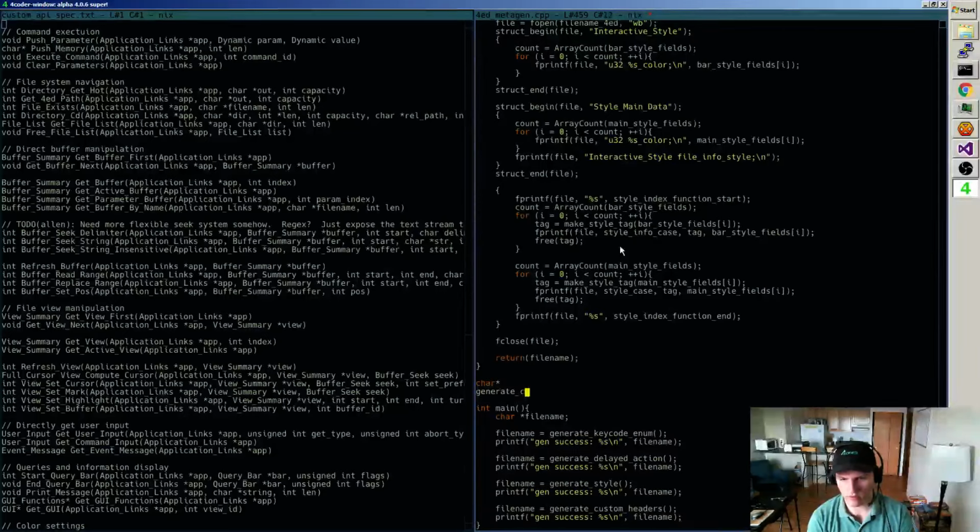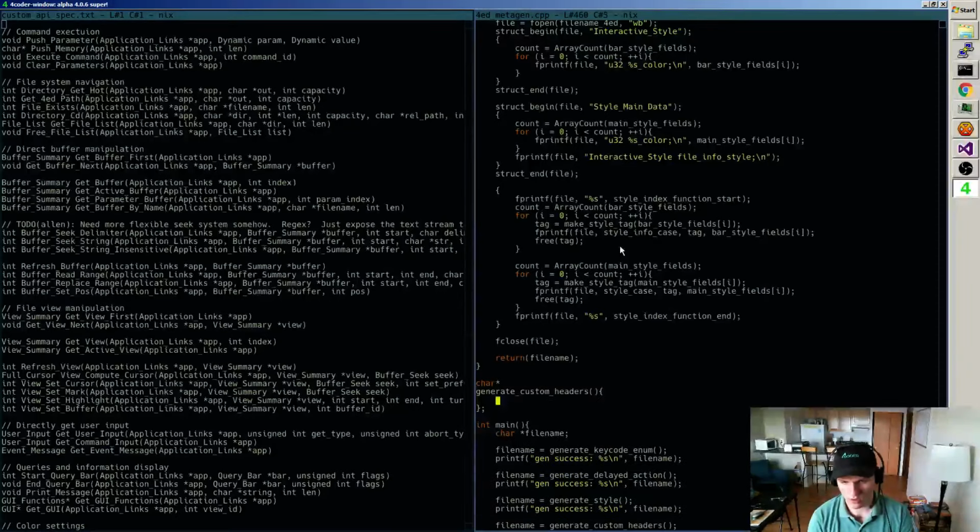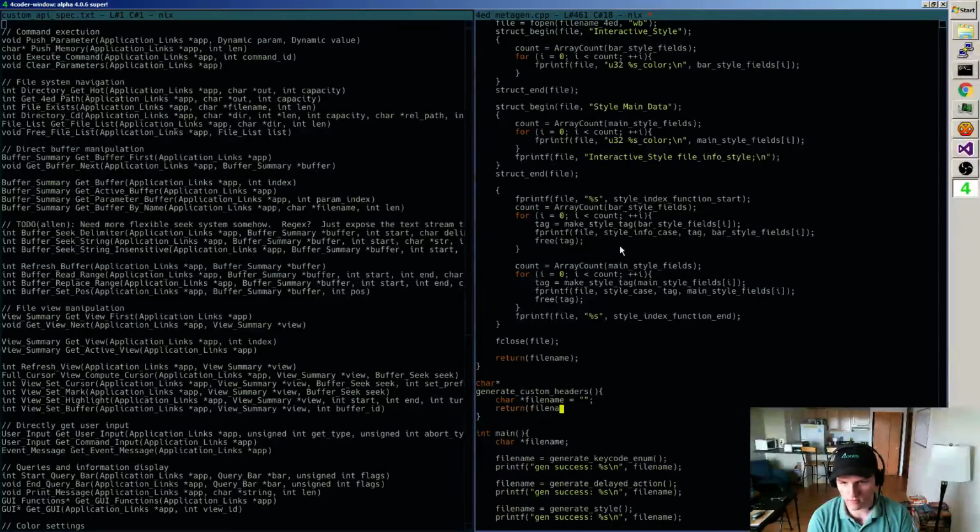So now I will have the generate custom headers function, which starts with file name equals blah and returns that. And that will be, for now, we'll call this 4coder custom API.h, right?